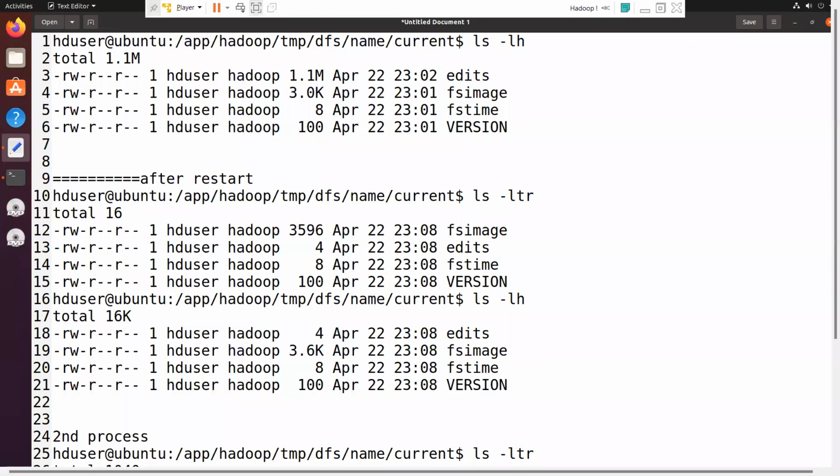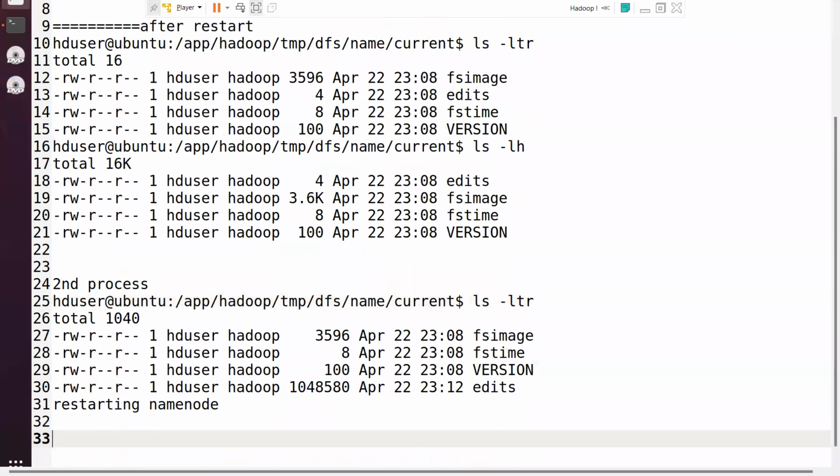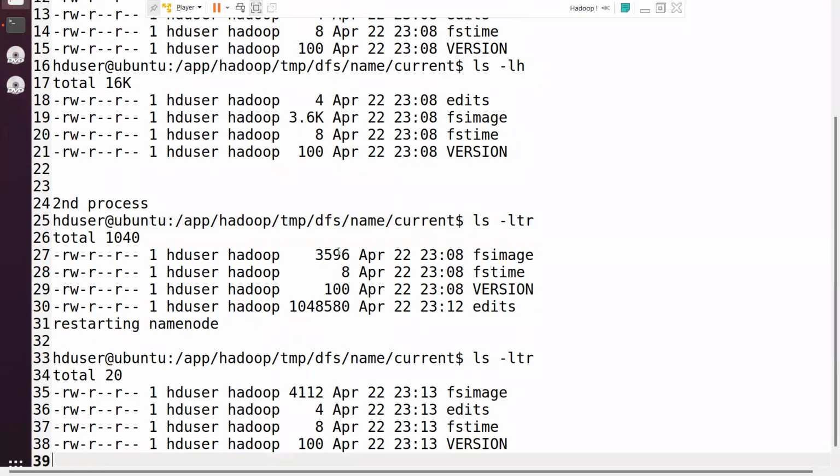Closely, it has increased from 3.6 to 4.1. The FS image has a slight increase, whereas the edits log file has decreased to 4 bytes. So the main intention of the checkpointing process